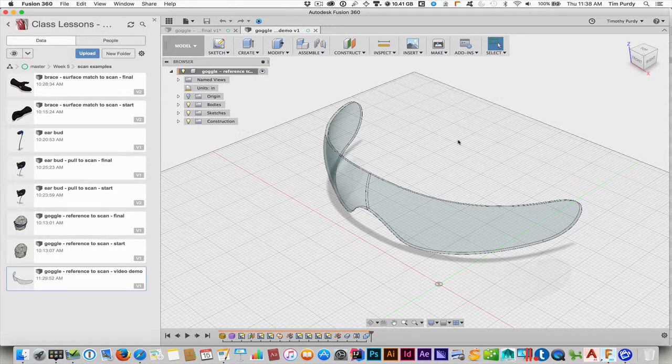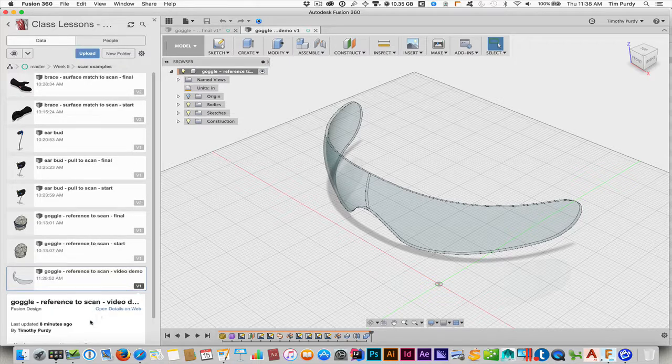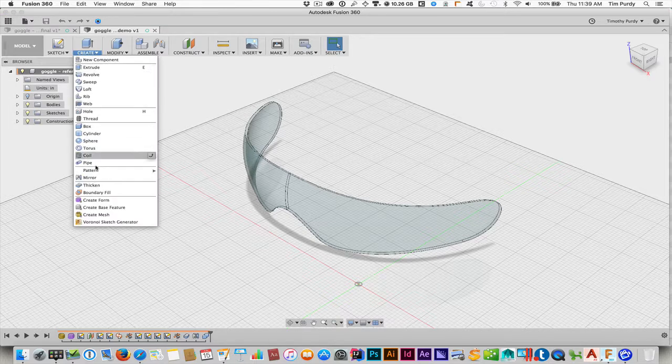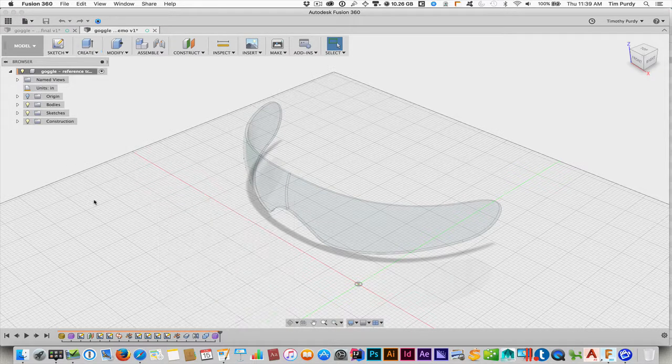So now we're going to look at modeling the frame, okay? If you want to pick this up, I have created this video demo file. This is version 1, where we modeled the lenses, converted them into solids, and then combined them. So you can go through and pick it up from there versus going through the start file. Alright, so now I'm going to go into the sculpt mode, create form, and this is